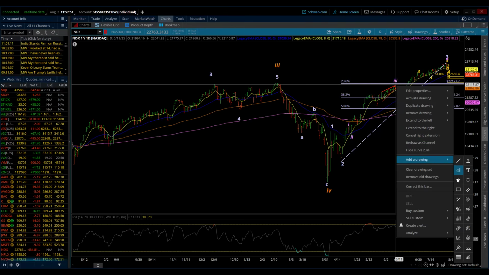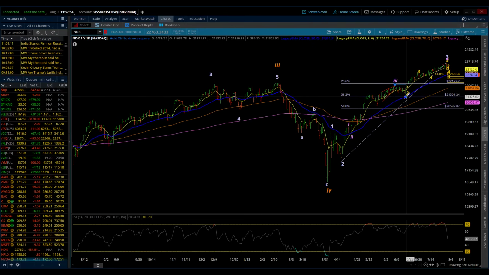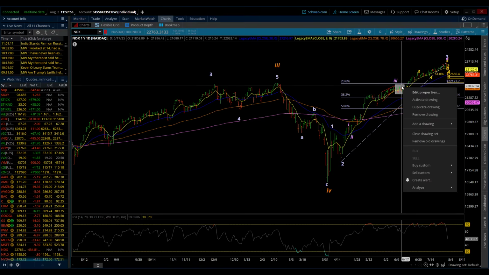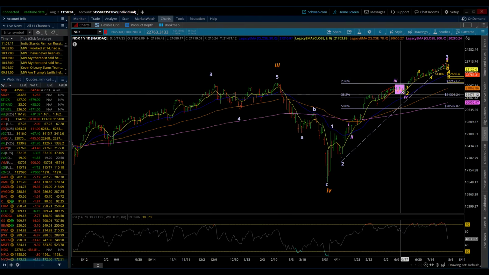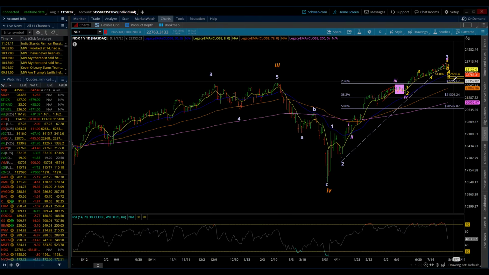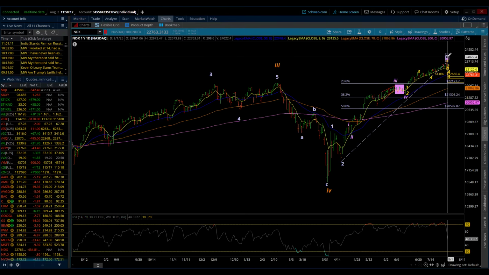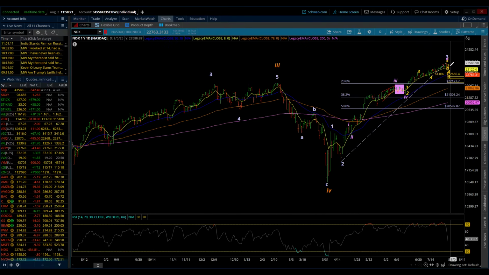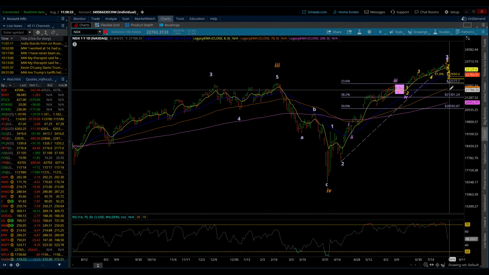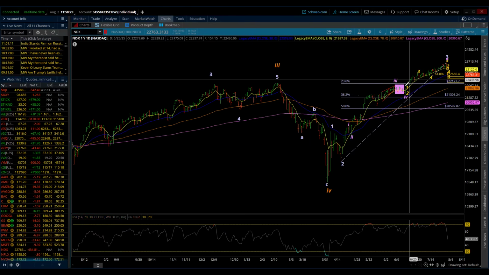Add a drawing. And I'm going to put this box right here. I'm going to color it in so that we can see what it is. There it is, the fourth wave of one lesser degree. Remember what Elliott teaches, taught, and continues to work with. A fourth wave in progress will find its terminus, its endpoint, within the fourth wave of one lesser degree. We're dealing with a minute degree fourth wave. It's going to find its terminus, its endpoint within the fourth wave of minuet degree, one lesser degree, and that's